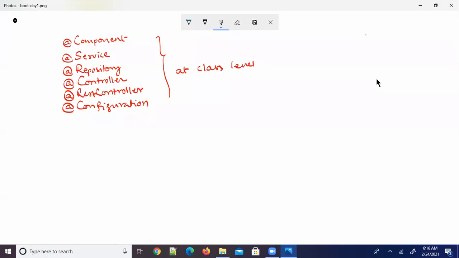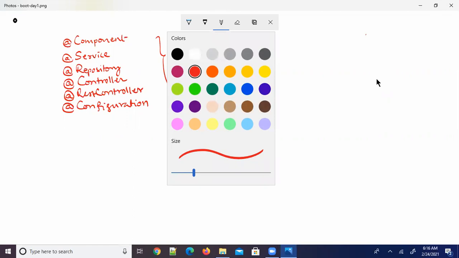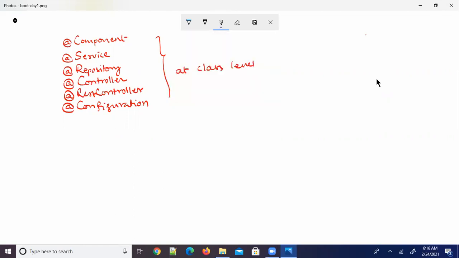Okay. So now let's start with, as I said already, this @Component annotation is actually the base annotation for all the remaining annotations. The @Component annotation is used to specify that this class is a bean component.